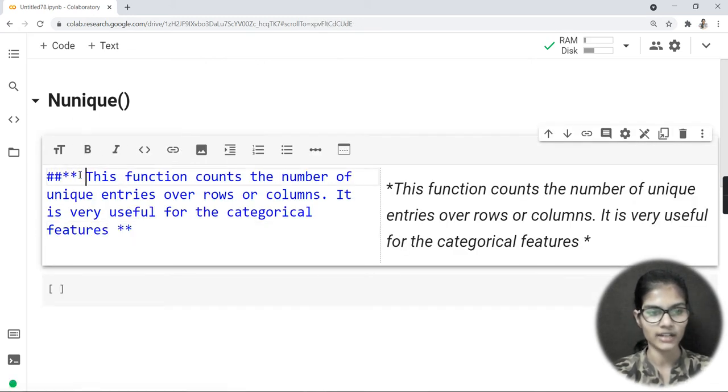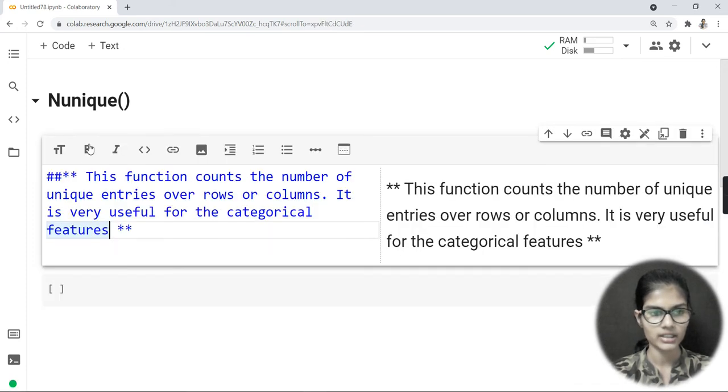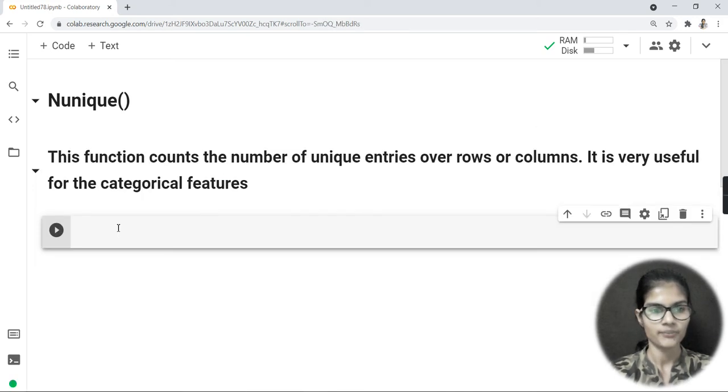So nunique counts the number of unique entries over rows or columns. It is very useful for the categorical features.